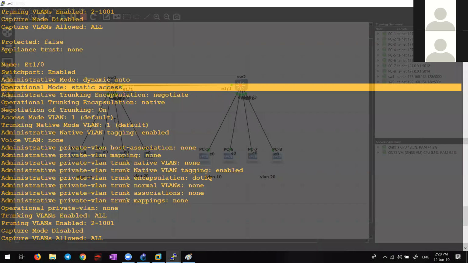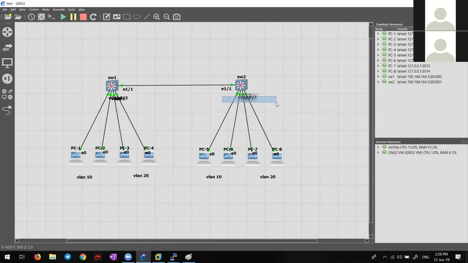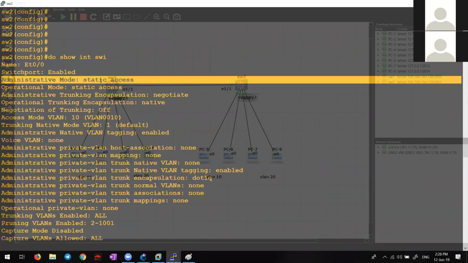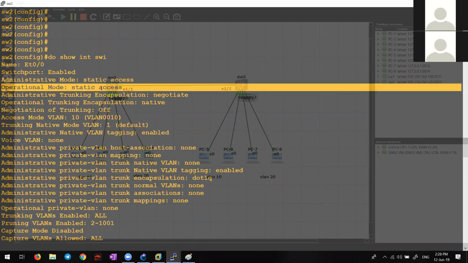For example, in this switch also, for E0/0 to E0/3, I have already given switchport mode access, correct? So that is why you see here in E0/0, for example, what is the administrative mode? Static access. What is the operational mode? Static access. Okay, clear?